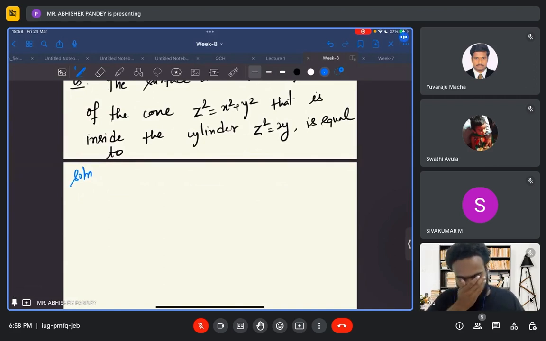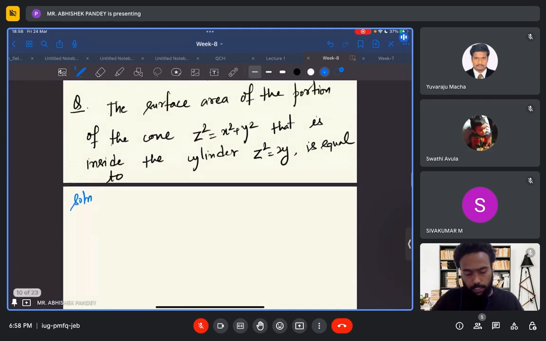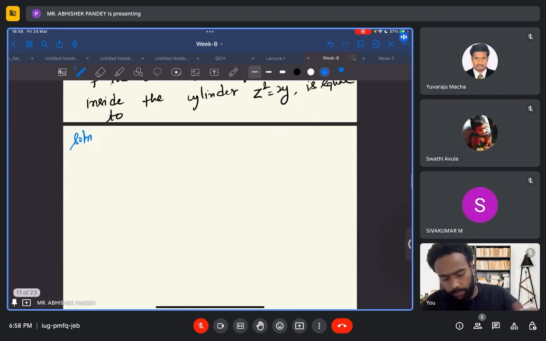Okay, so the surface area of the portion of the cone which lies inside this cylinder z square equals 2y. Basically what we need to do is divide this thing into two parts, upper surface area and lower surface area, and then we will add them. Okay, so the surface area of the upper portion